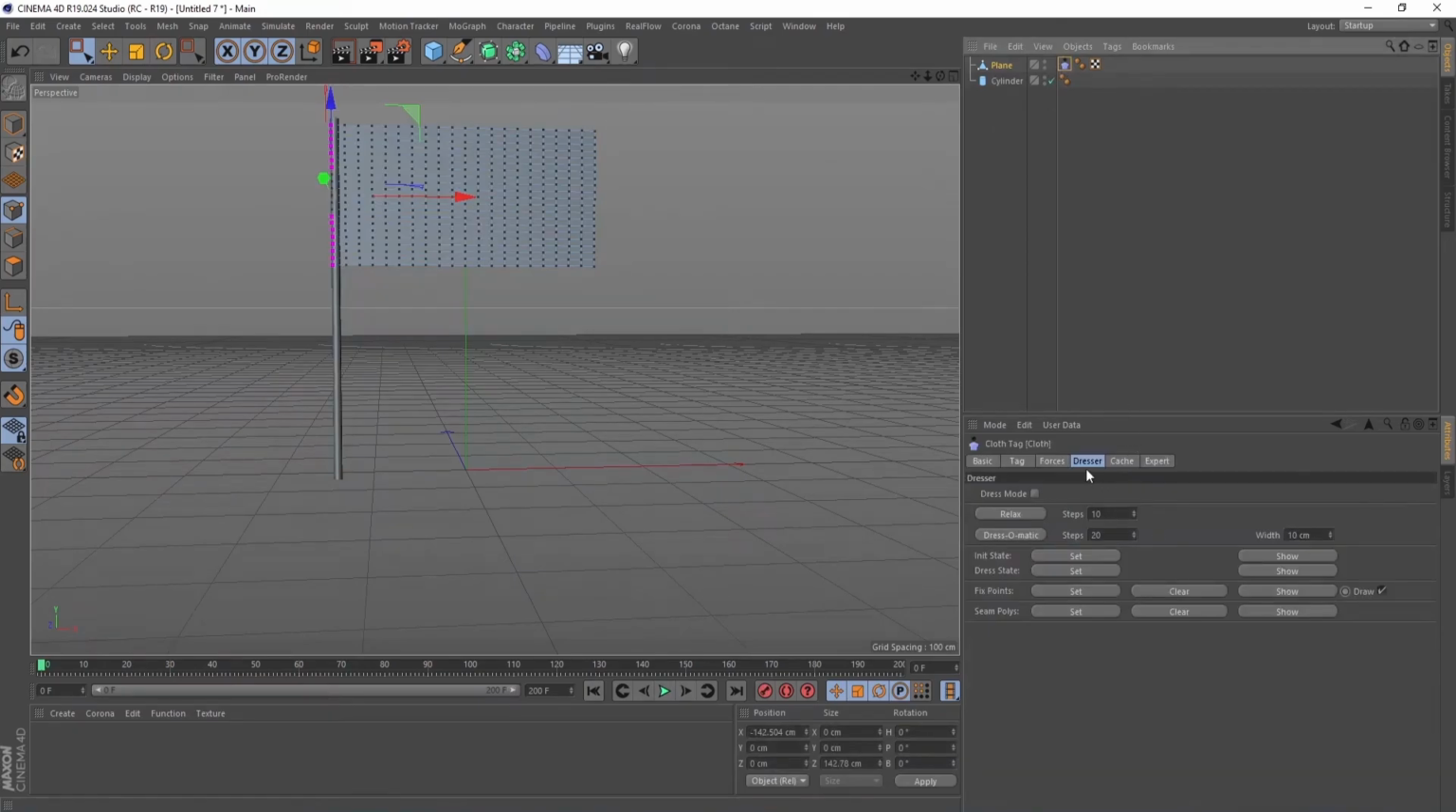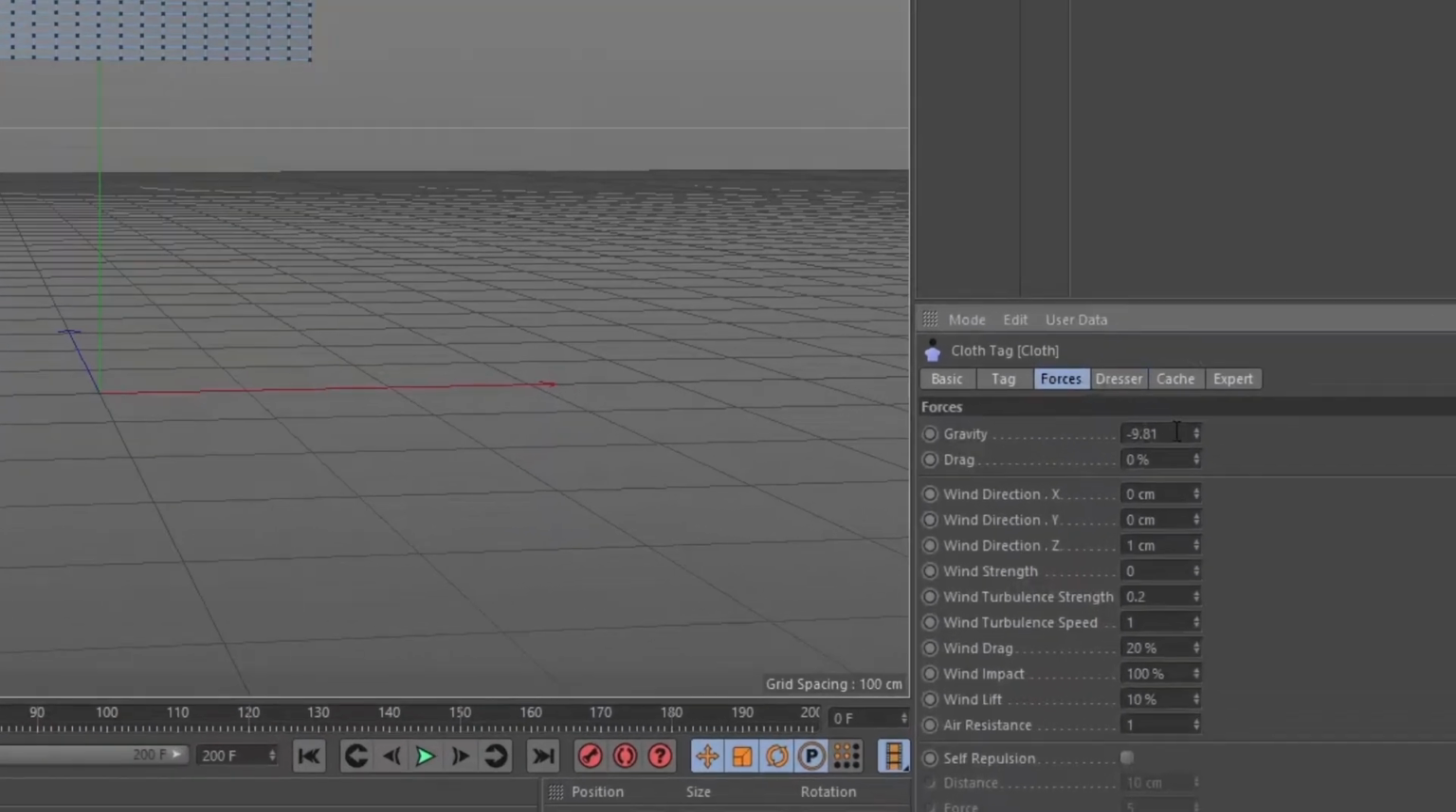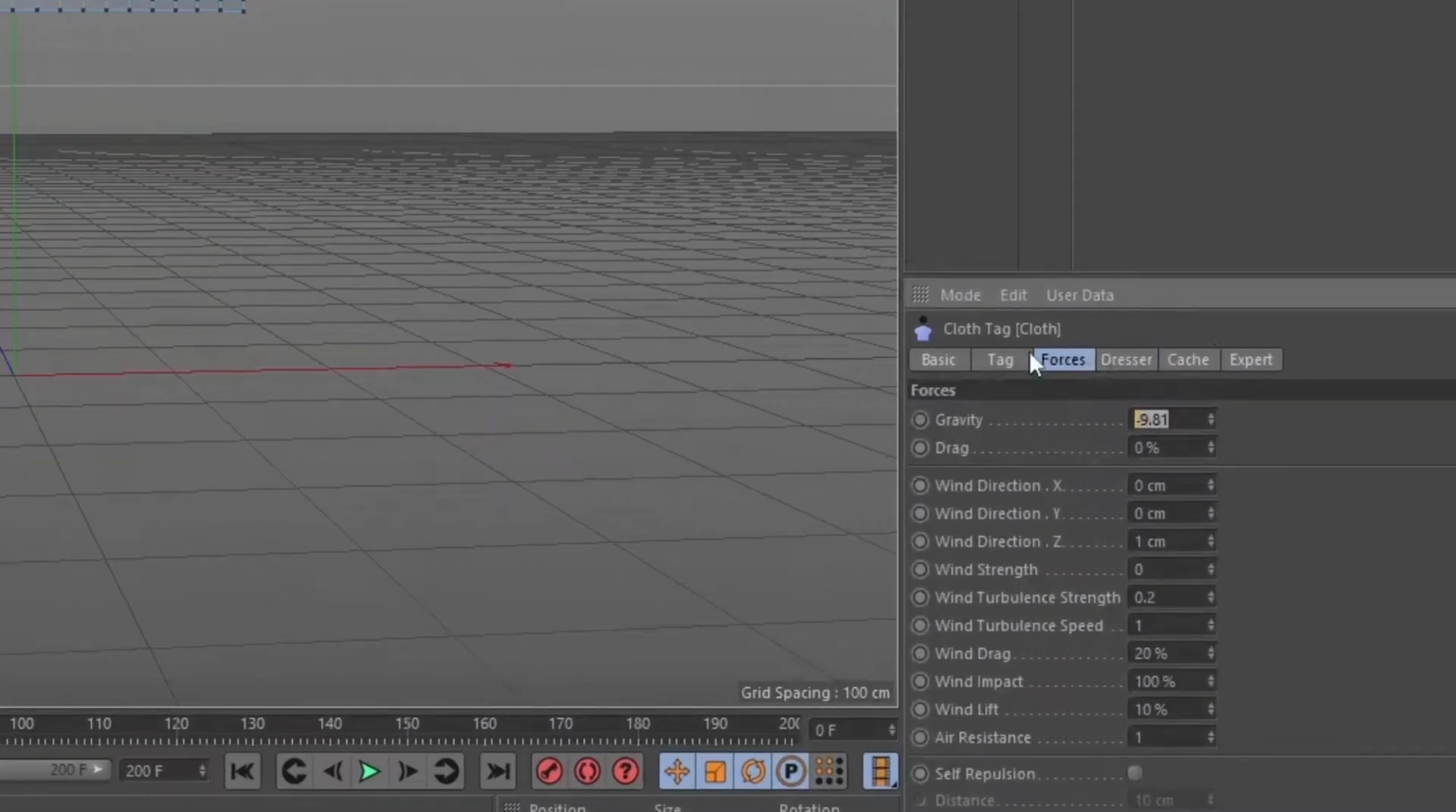Okay, now I'll go to force and I'll add some changes here. So I'll go to gravity and set gravity to 3, set drag to 1, wind direction x1, wind direction z0, wind strength I'll change it to 25, wind turbulence strength I'll change it to 0, wind turbulence speed 0,